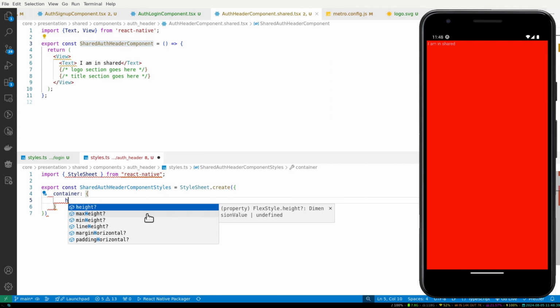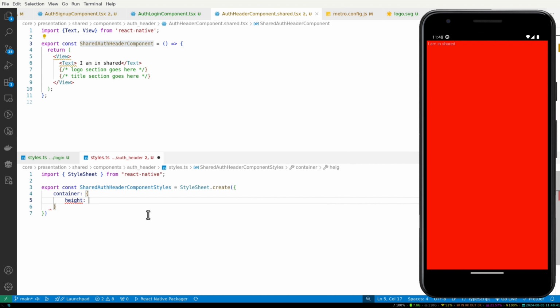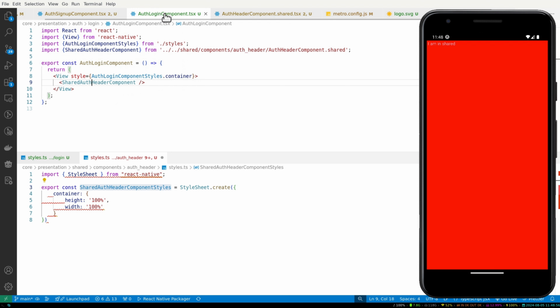Okay, and then we give it a height once again of 100% and width of maybe 100%. So why are we doing this this way? Remember, this is a shared component, so shared components will always take the space that they have been given in their parent. Yeah, so for example, if we give this height of 100% in its own scope, and then in